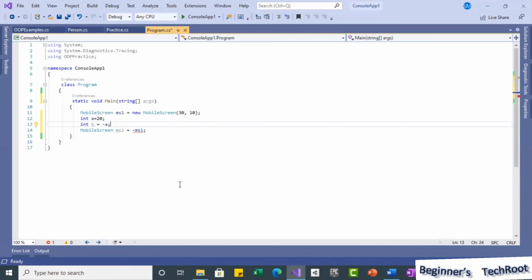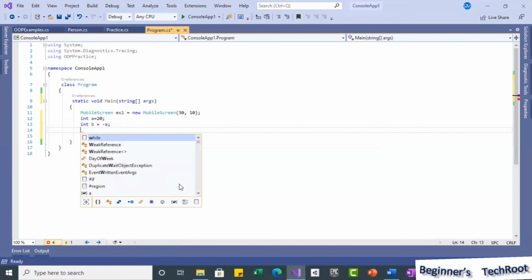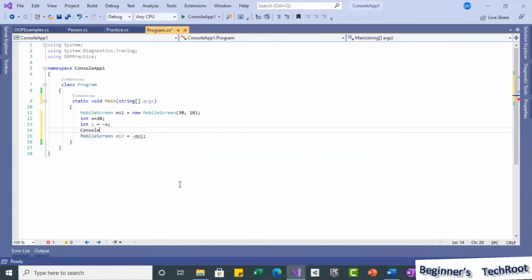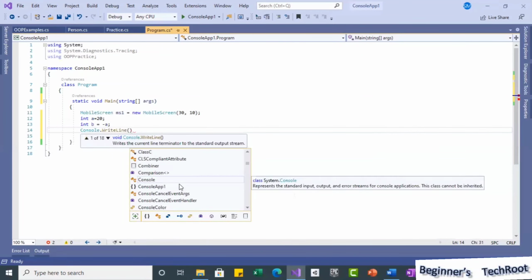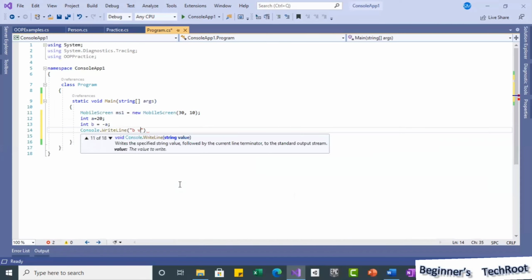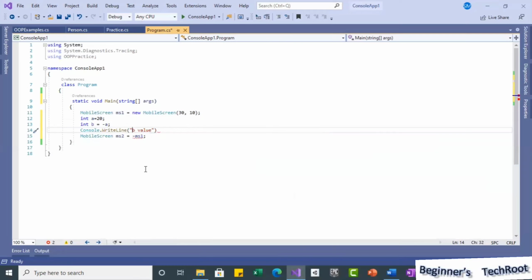See, now if I write Console.WriteLine and print the a and b values, a value equal to, I will take subscript 0 and use a \t.